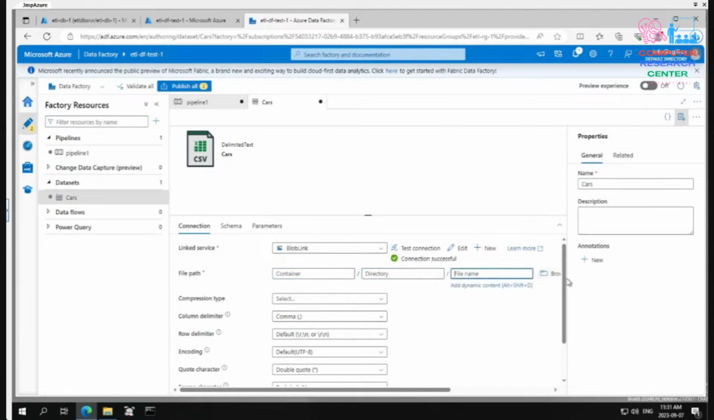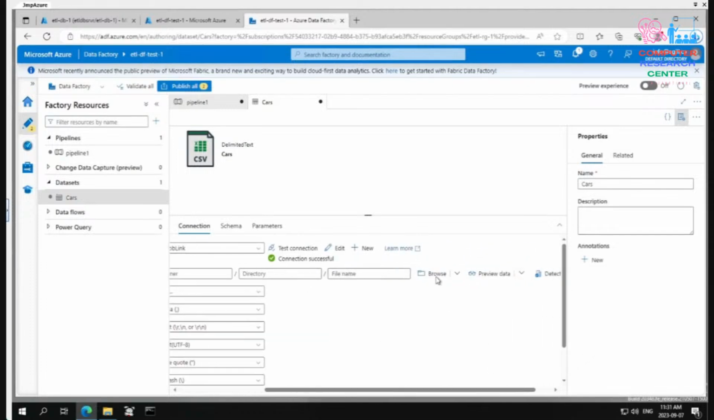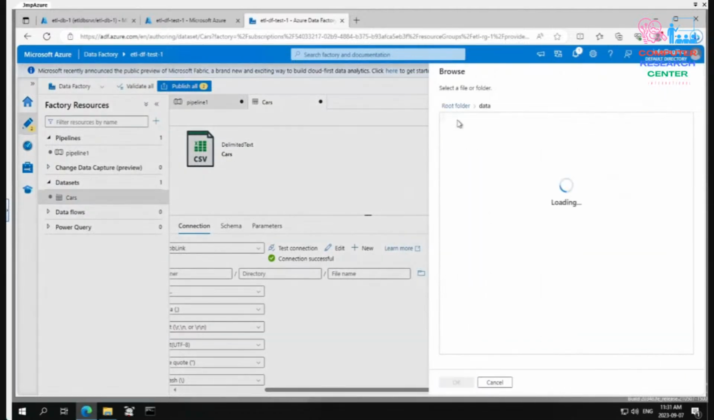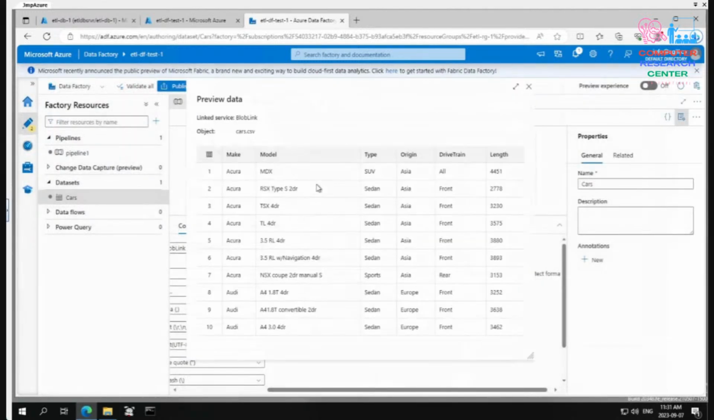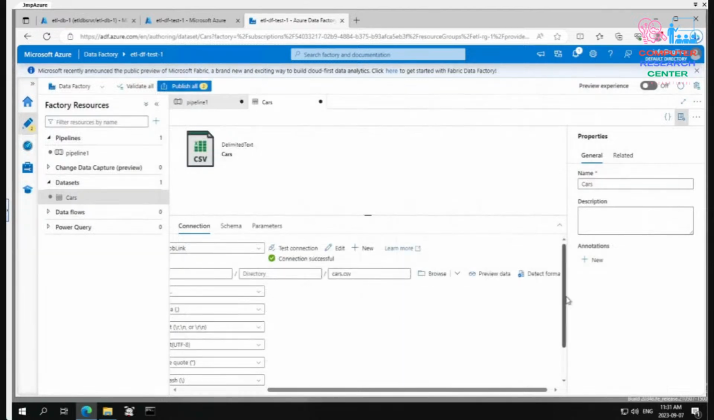Let us browse it and set it up to the point where we can see the data. So we are going to browse it, and then in the data folder, data container, we have the CSV. Now we have set up everything. Let us preview the data. This is the data. We have the data, so we can connect to the one that